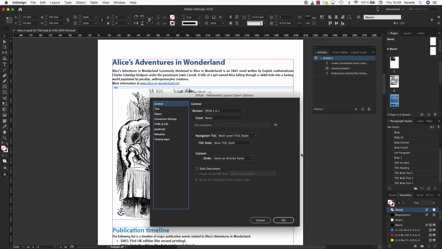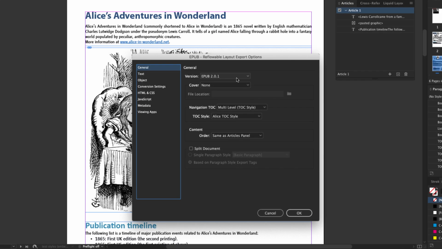The program allows you to enter additional export options. Under General, select EPUB version 2 or 3, depending on your needs. For the cover, you can choose to rasterize the first page of the ebook to use as the cover. Another option is to choose an existing image. For our demo, however, we won't create a cover. For the sidebar navigation, we want a multi-level table of contents. Before we have already defined a style for the table of contents using the structure of our headings. We choose this style here, so all our previously defined settings are applied.